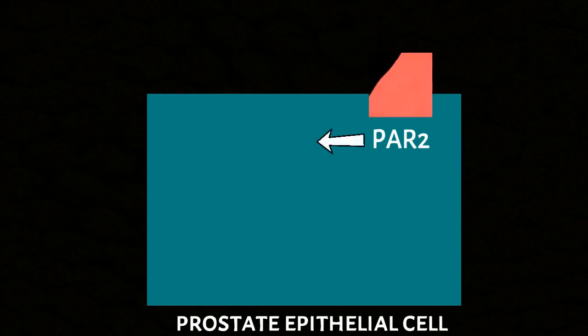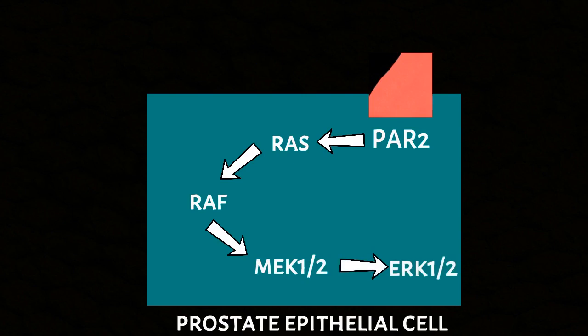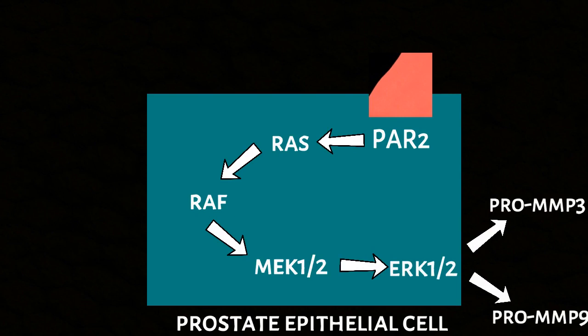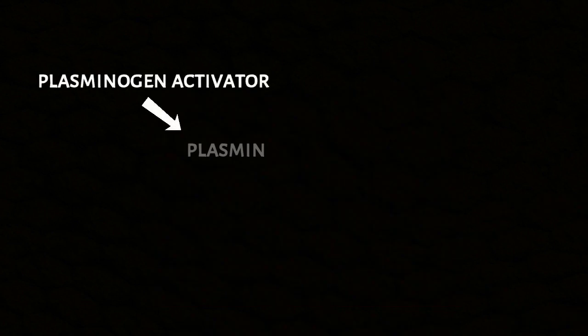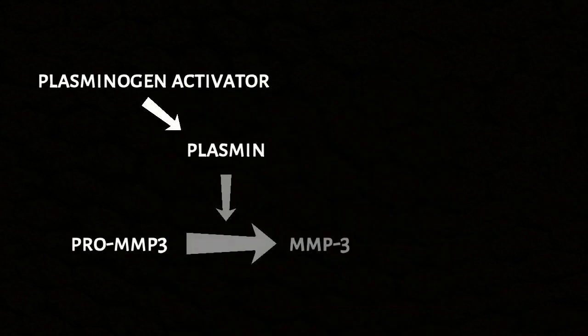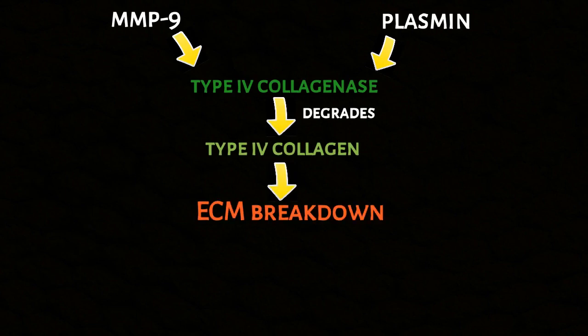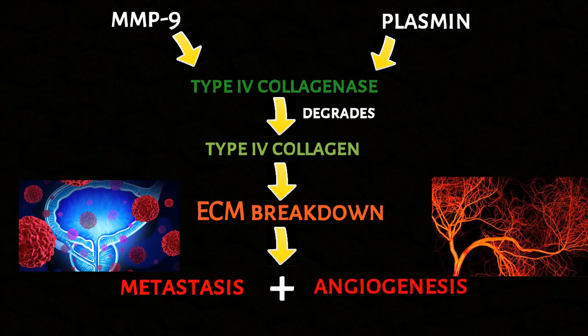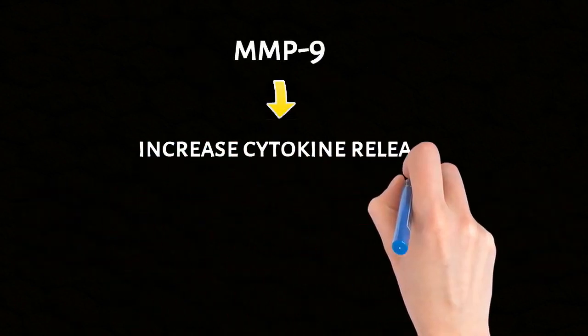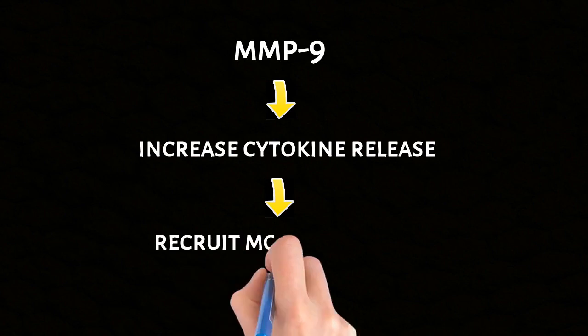This initiates a signaling cascade through activation of the MAP kinase pathway to initiate increased mRNA transcription of metalloproteinases, pro-MMP3 and pro-MMP9. Plasminogen-activated conversion to plasmin allows activation of pro-MMP3 to MMP3, which can then catalyze the activation of active MMP9. Active MMP9 can then activate collagenase activity to facilitate the breakdown of the extracellular matrix for migration and angiogenic vascular neogenesis. In addition, MMP9 acts to increase inflammatory cytokine release, thus recruiting more mast cells and promoting a